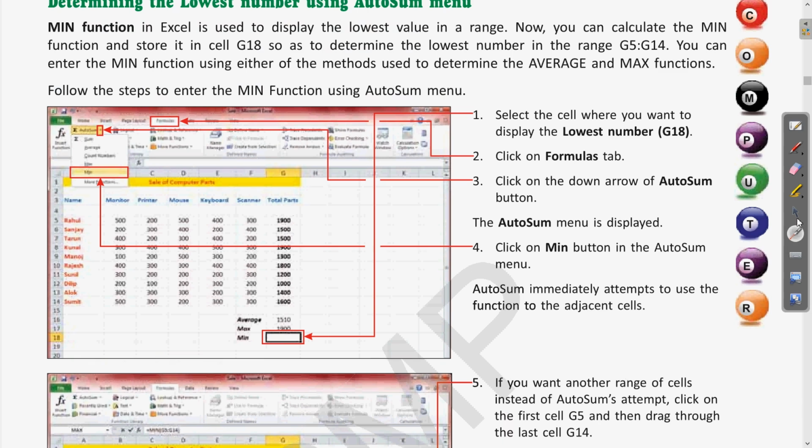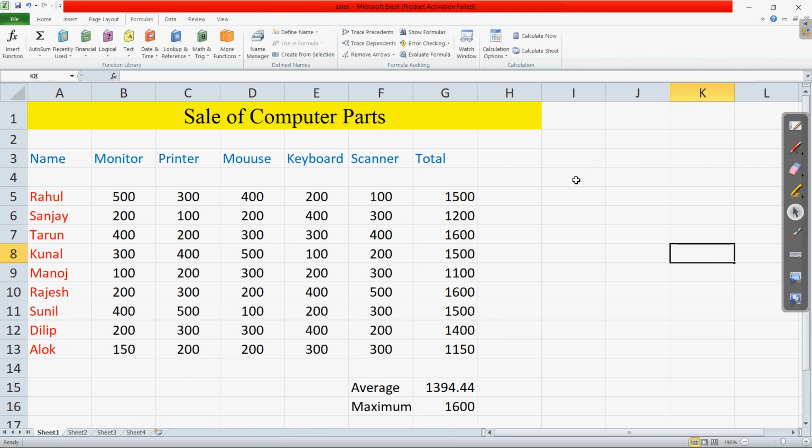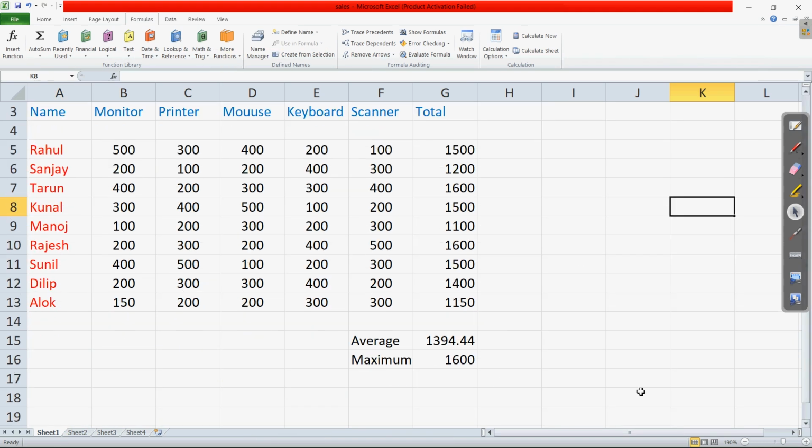So let us try to do this ourselves. If we come to our example, let us come a little bit below. So here we are going to find the minimum. So write it. We will get the result minimum in this cell. So we have clicked on this cell.